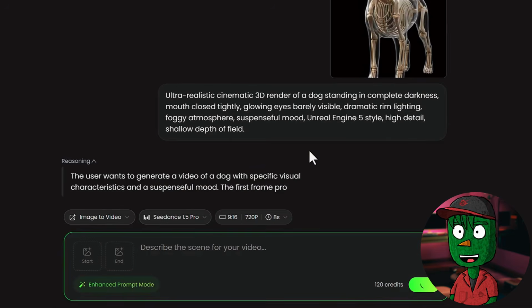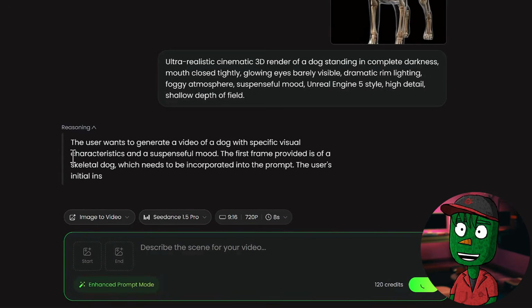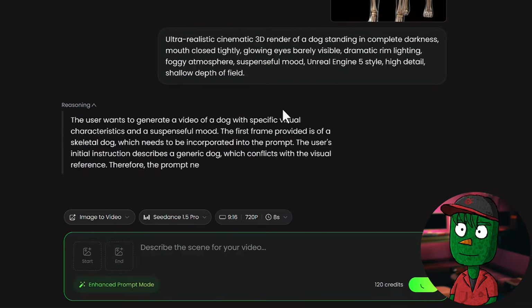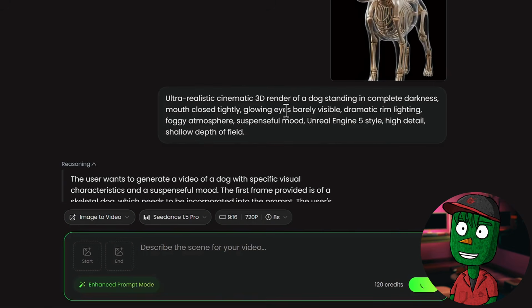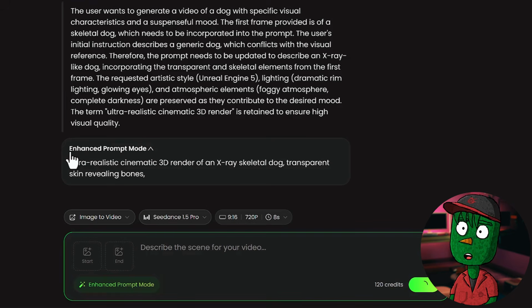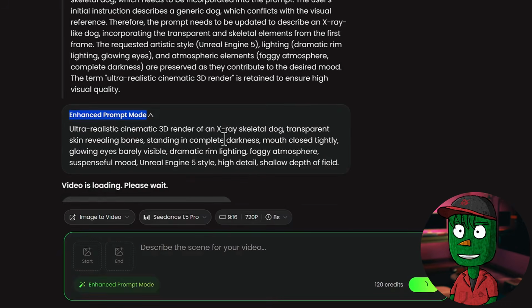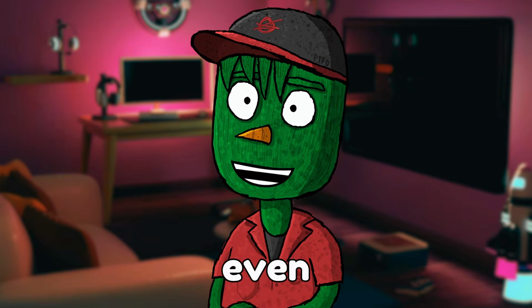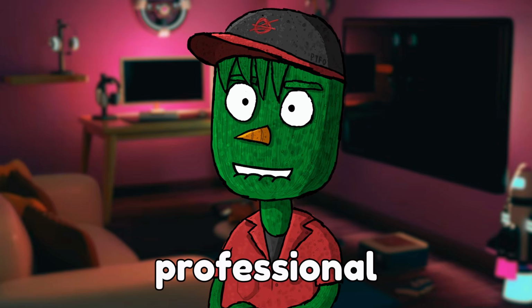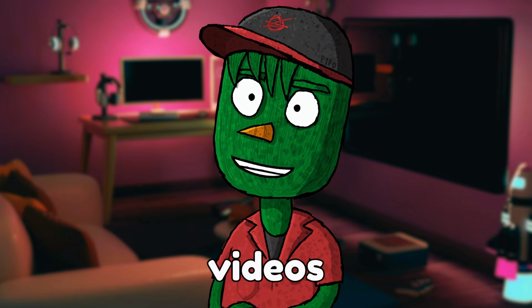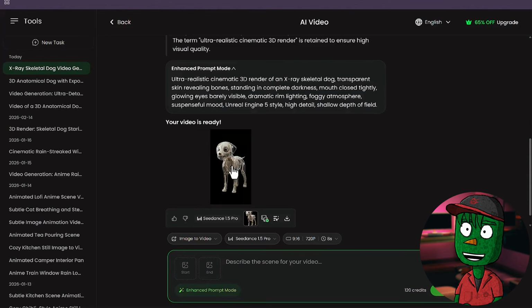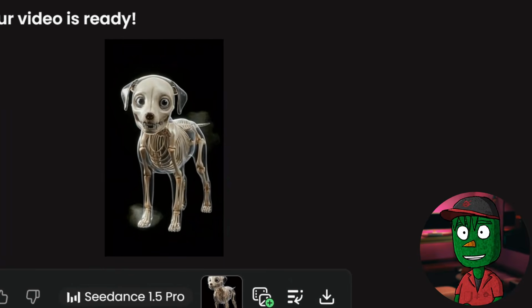So when you click on generate, this is the reason why I told you guys that I like using this tool. Now, after pasting your prompt, it's going to first of all do some research, try to enhance the prompt, and give us the best results possible. That is why I like it, because you don't even need to be a prompt engineer or a professional to know how to generate your videos with Wayne Video. So give the AI some time to generate your animation, and it's going to look something like this.